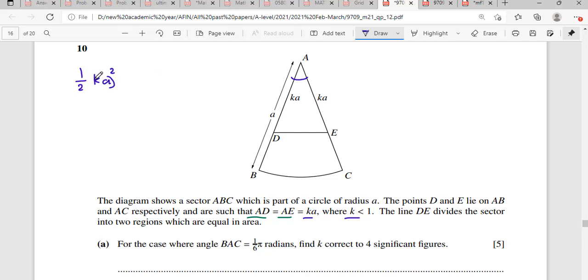KA squared like this. Without these brackets, we have to write K squared, A squared. Okay, 1 over 2 AB sine 1 over 6 pi. This is the area of the triangle. And then 2 times this area, because the area of this triangle is the same as the area of this piece, so 2 times the area of the triangle is equal to the area of the whole sector. If we multiply this by 2, it's going to be KA squared